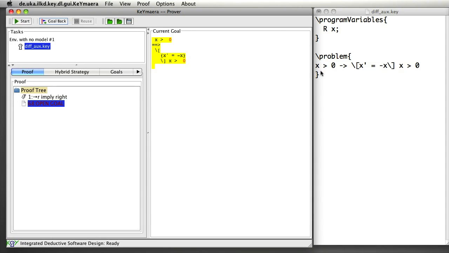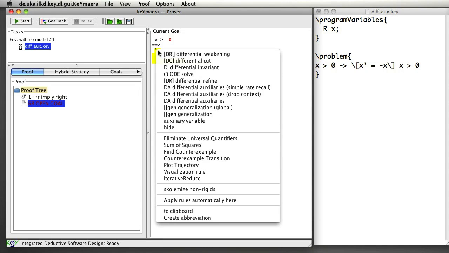So we've written this same property in a .key file, where we start with x greater than 0, and we show that if we evolve with x prime equal to minus x, then x will always remain greater than 0. We've loaded this property into the Theorem Prover, and the first thing that we want to do is hover over the box modality. Clicking on that, we have a menu that pops up showing a variety of rules that we